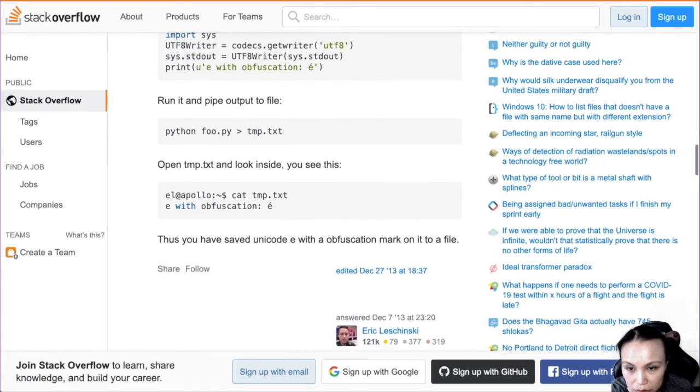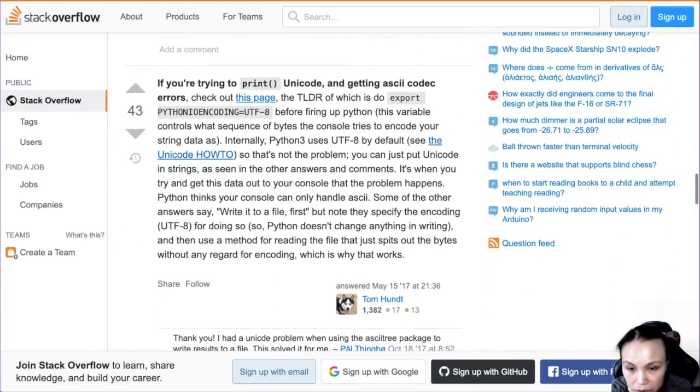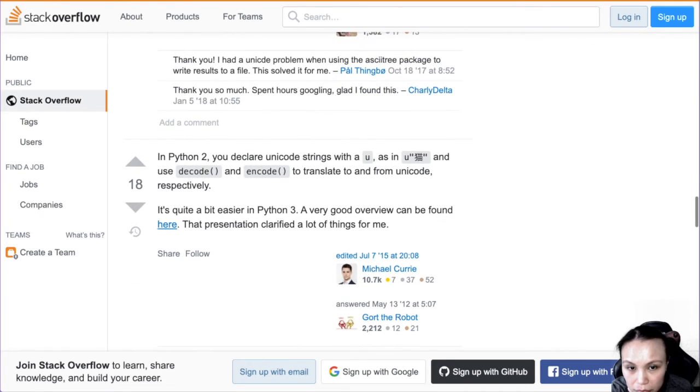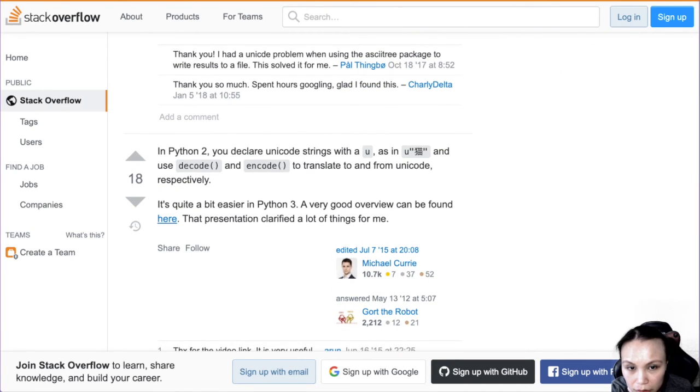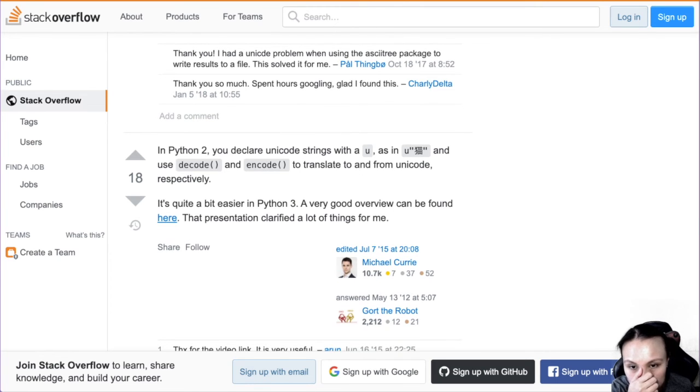Extend out. No, this is just getting more and more complicated. As in, then you use decode and encode to translate it to and from Unicode. Encode, I think. You can use encode.